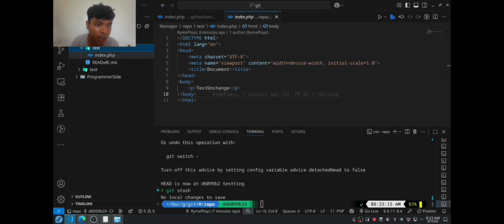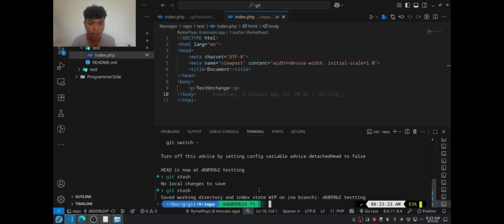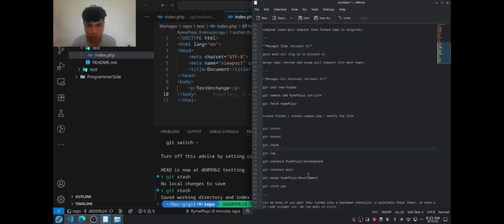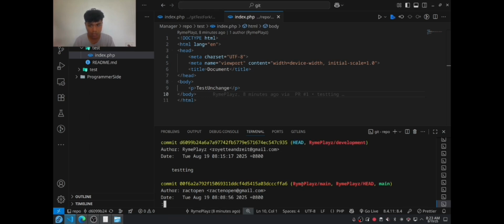Oh, I think I should edit. Let's say that. As you can see, it saved the working directory and index state on the branch testing. So we can see it and git log.